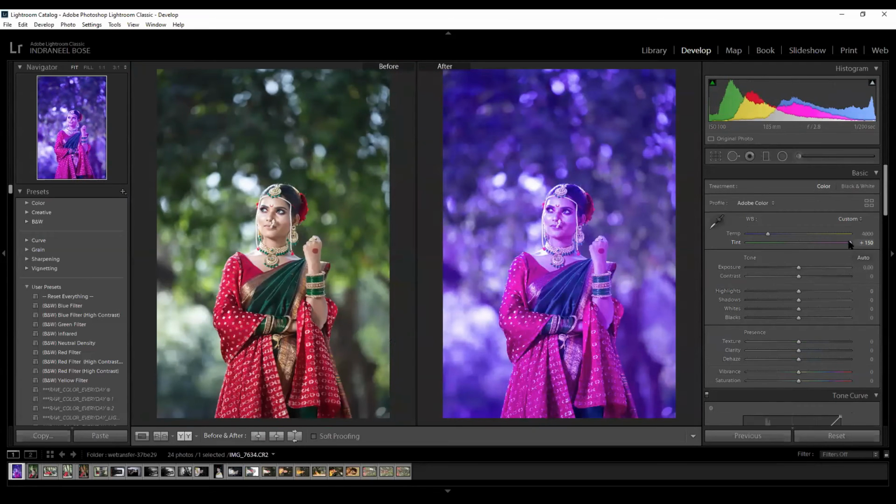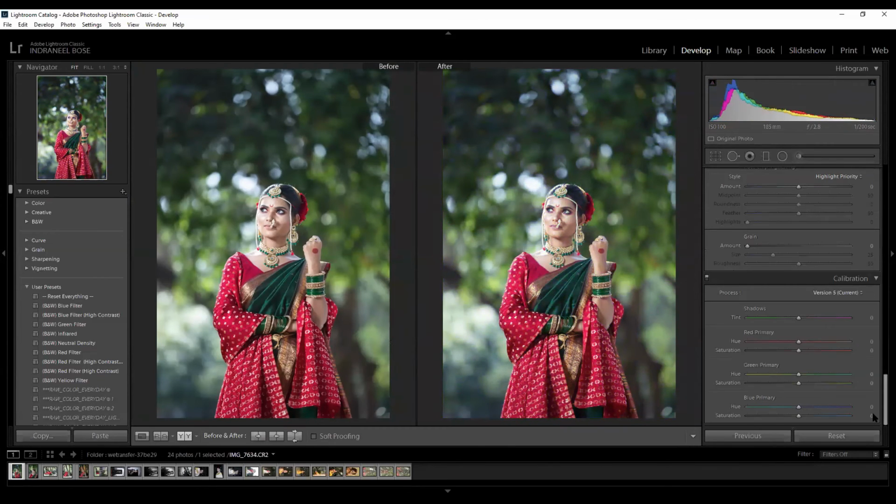It's trying to shift the tint in the overall image. But here it will try to shift the tint only in the shadows of the image. Got a basic idea of the difference between both the tints?